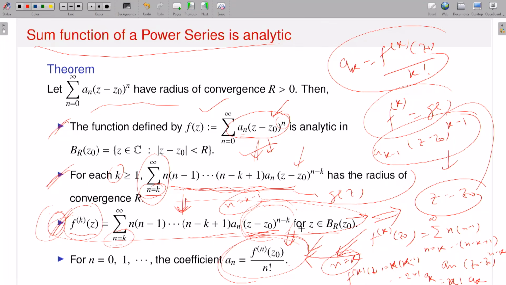But now I am going to the proof of this theorem. As I said, I will prove the theorem not in full generality, but I will just consider the given power series. I will show that the sum function is analytic on the domain of convergence, and then I will consider a new power series by taking the one-time differentiation of each term. I will show that this power series has the same radius of convergence, and if I write g as the sum function of the derived power series, then g is exactly equal to the derivative of f. So that's what I will prove.